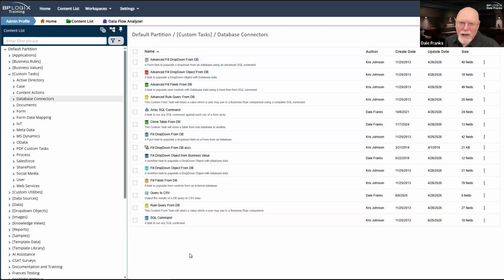I might have the same dropdown on many forms, and on every form, I would have to go in and create the custom task and configure it and use the same SQL statement. And so I was replicating that configuration over and over and over. Business values have liberated us from this repetitive configuration in most cases.